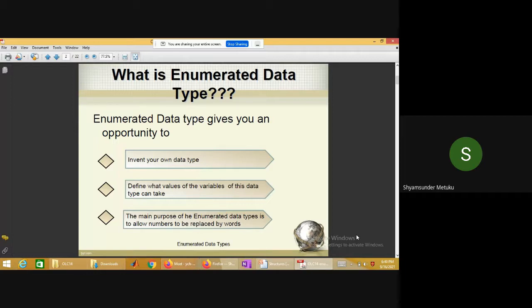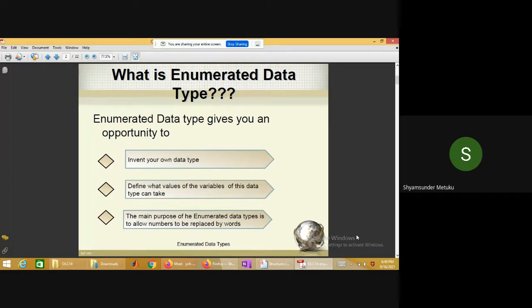But with enums, you can create your own user defined data types. Invent your own data types, and define what values variables of this data type can take. So not only can you define your own data type, you can also decide what possible values those data types can accept.